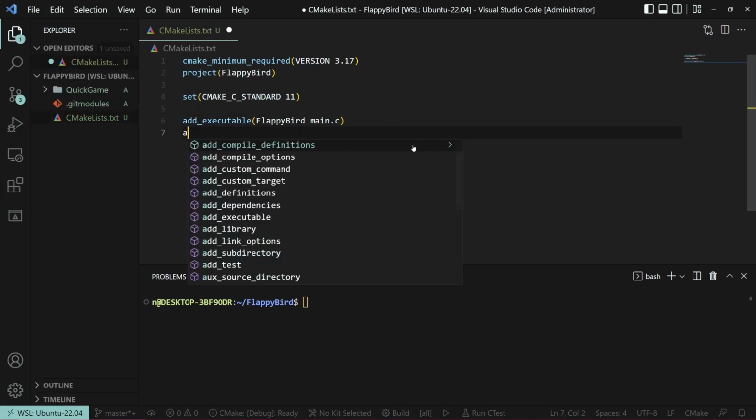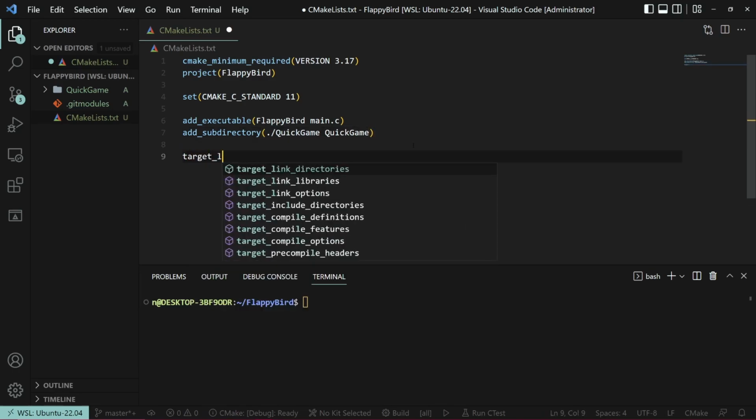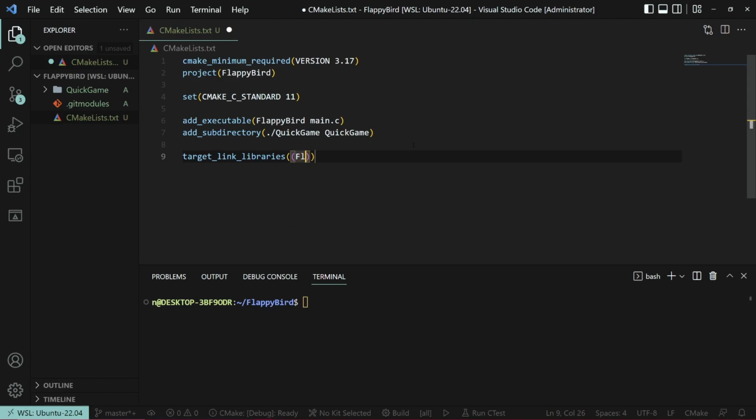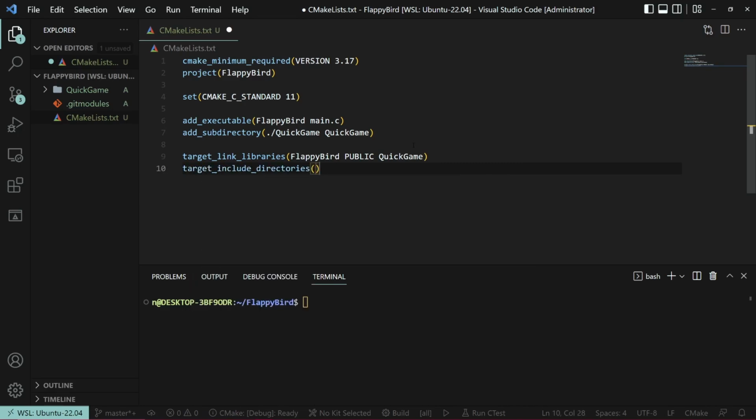We'll then do add_subdirectory, and we'll have to add QuickGame as our subdirectory and call it by the name QuickGame. We'll then have to link it, so target_link_libraries, Flappy Bird, PUBLIC QuickGame. So QuickGame will be linked with Flappy Bird. And then we'll also have to include Flappy Bird, PUBLIC QuickGame